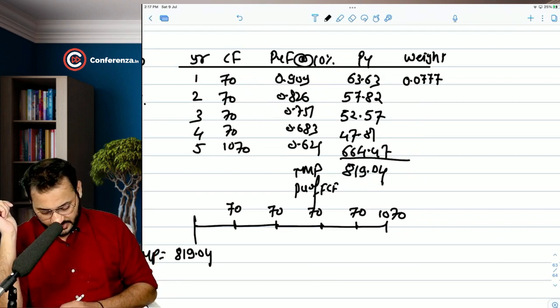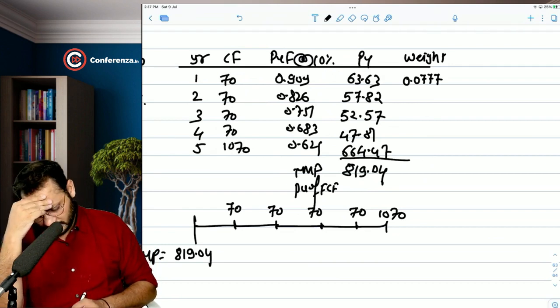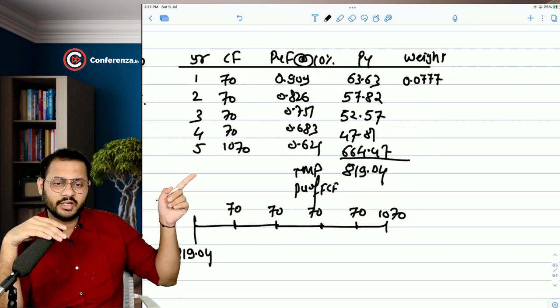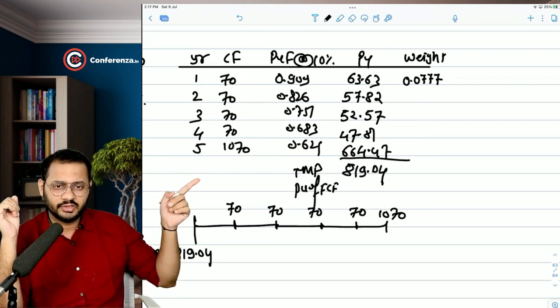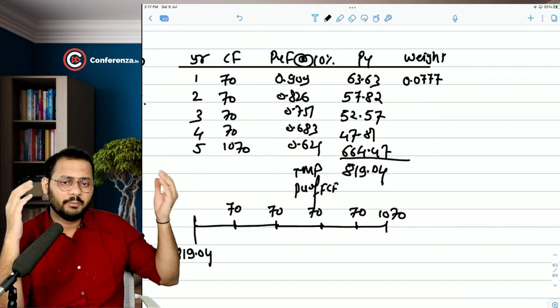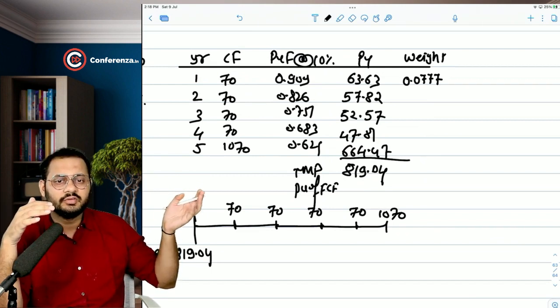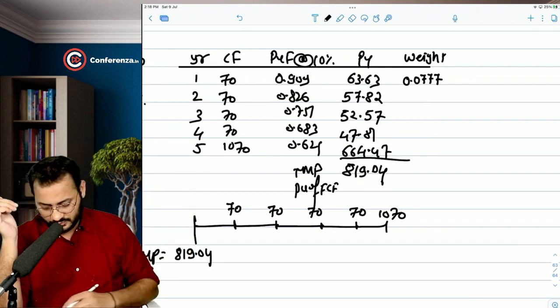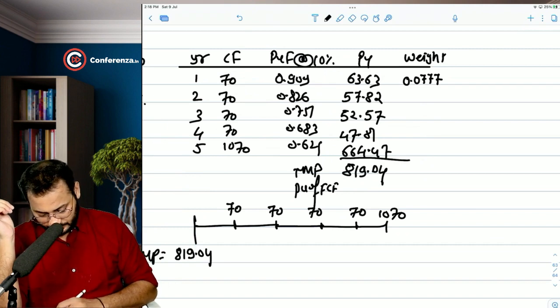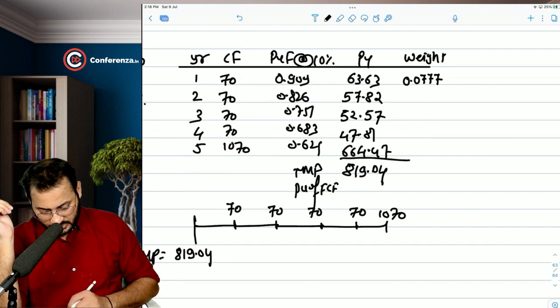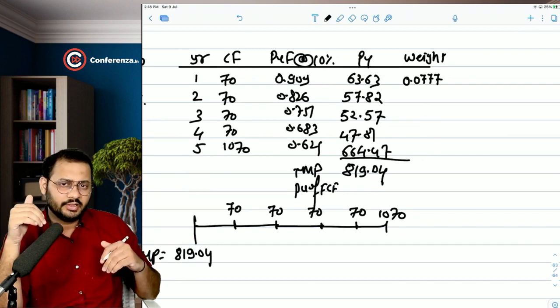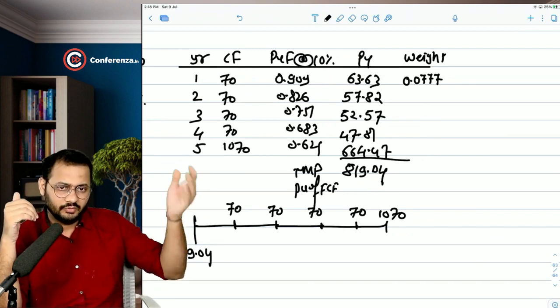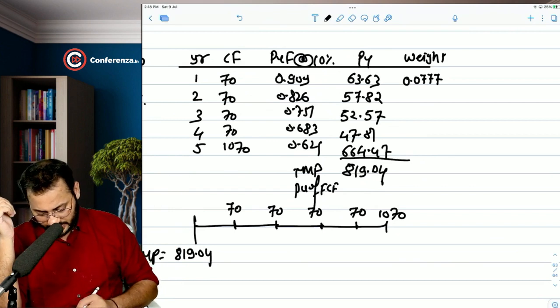57.82 divided by 819.04. I know that I will have to do this, divided by 819.04, all the time. So what I can do is place it in the memory of the calculator first and then keep pressing all the numbers. So see, 1 divided by 819.04 multiplied by now all the numbers, 57.82,